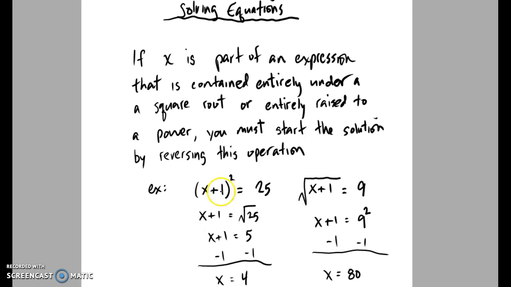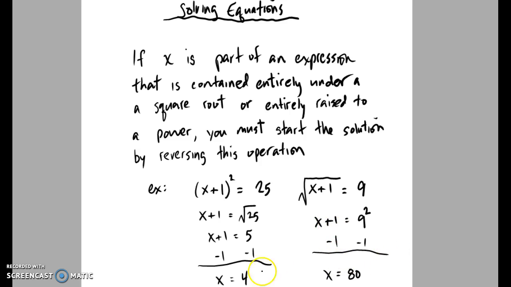And here's two examples. Here's x in an expression. The whole thing is raised to a power, and so that power has to be gotten rid of first. So a square root on both sides does that, and x could be solved for here. And on this one, x is under the square root sign, so squaring both sides first allows x to be